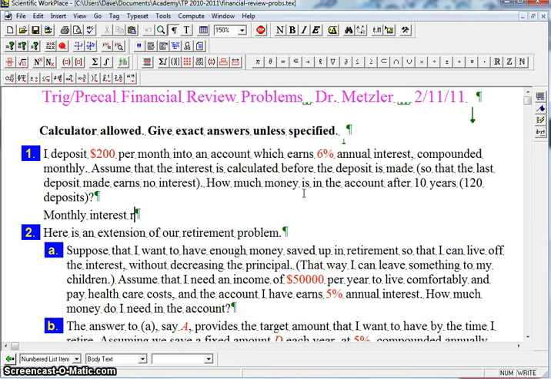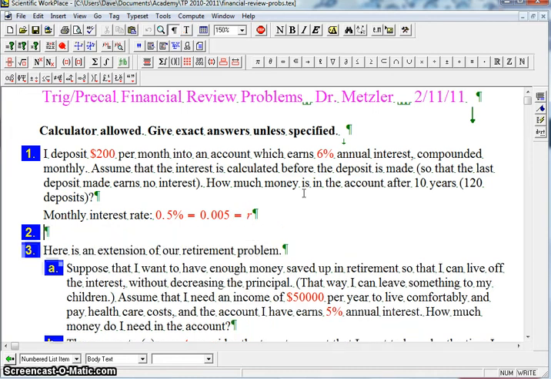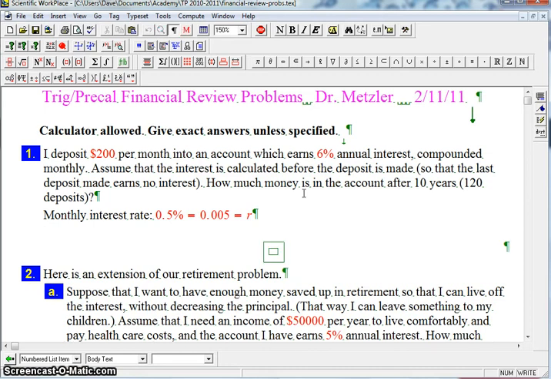Monthly interest rate. That's going to be 0.5%. And of course, that's really equal to 0.005. Got to be careful with your zeros there. Okay. And so that's going to be our R. Alrighty. And we're doing it monthly, so we're going to have $200 plus $200 times 1.005 plus $200 times 1.005 squared plus, and that's going to keep going,